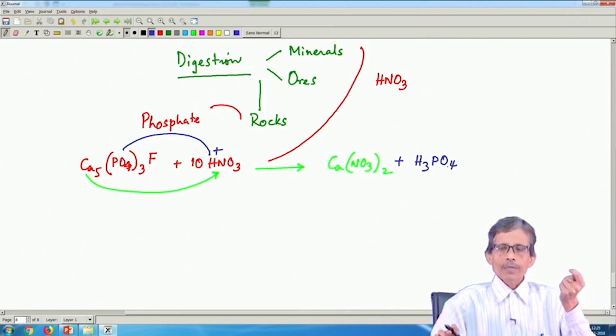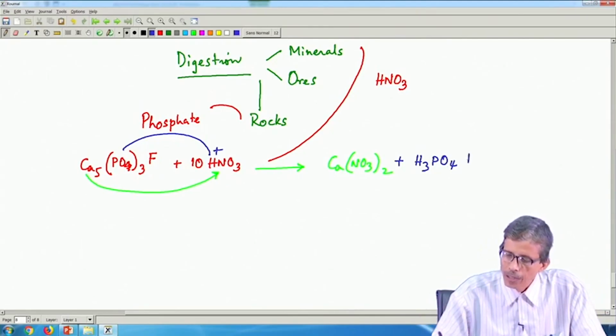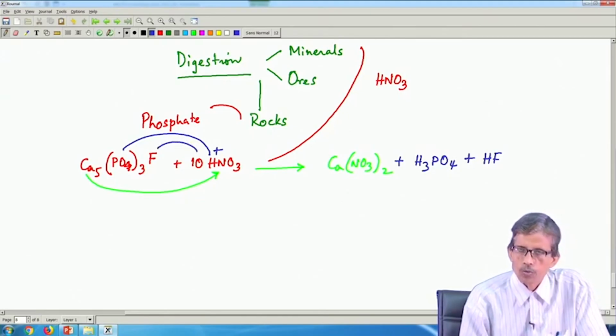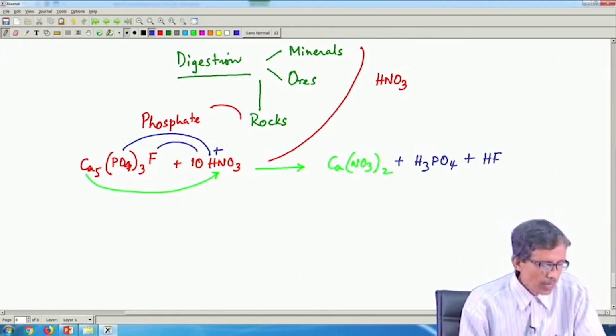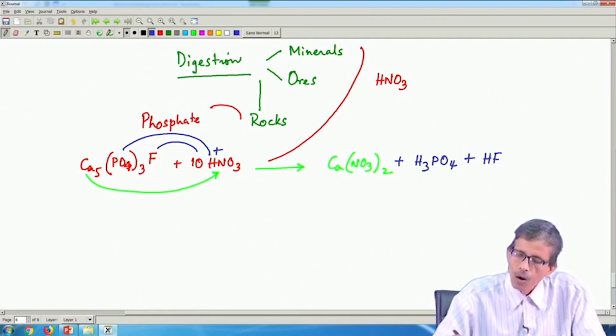So, this calcium nitrate production along with some amount of phosphoric acid will be produced, as well as something else, because we can take care of this fluoride also by these protons of H plus. So, hydrofluoric acid can also be produced. The only question is how we can separate this,